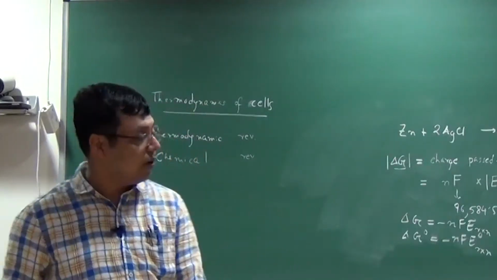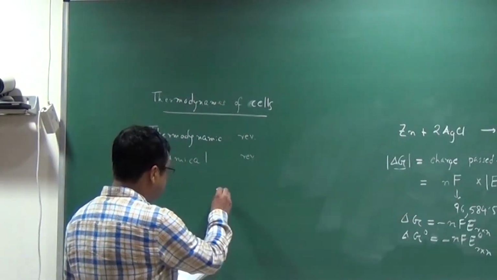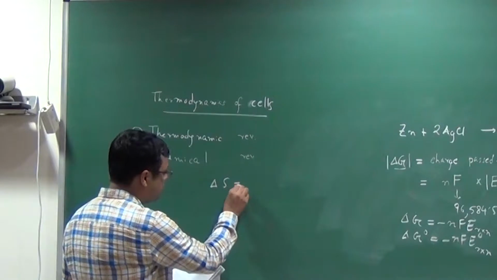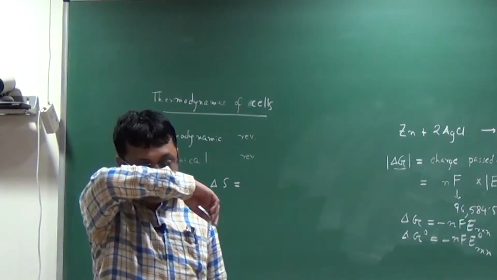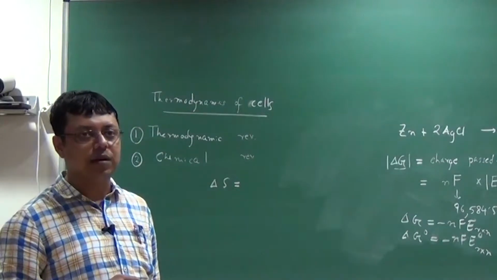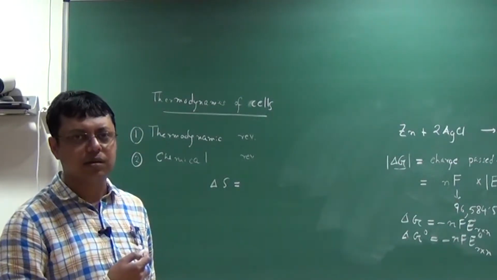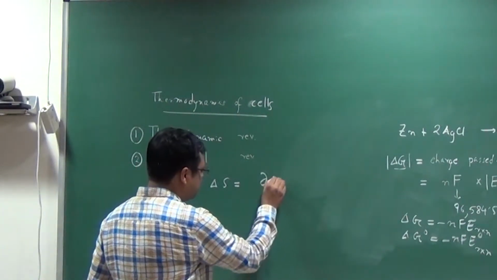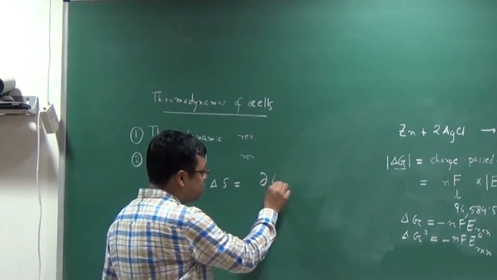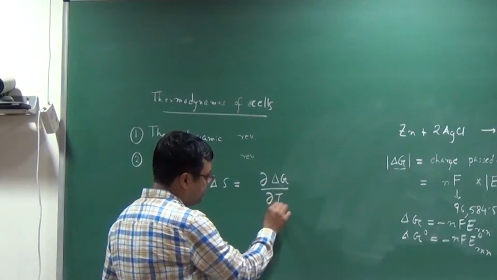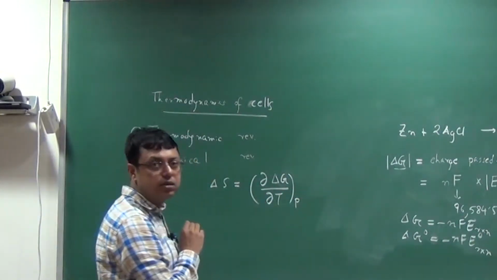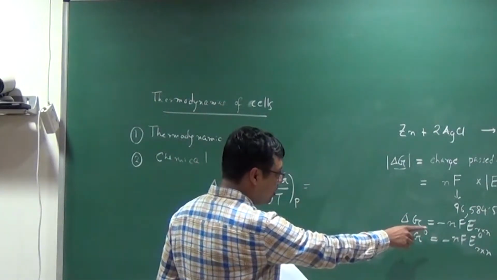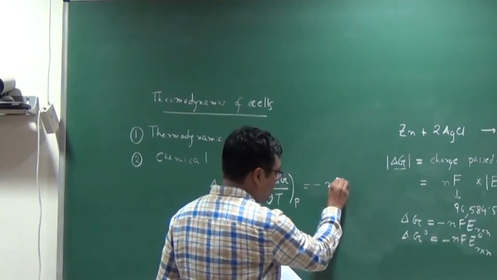Now, if I define it, then actually I can also write, for example, I know what is the delta S. dG is minus SdT plus VdP, right? So basically, I have to take the derivative with respect to temperature. We already know this thing, right? What is that? So basically, I am writing del S, right? So del G, if I take the temperature derivative, keeping the pressure constant, I should get it, right? So it will be something like, if I just write it, it will be minus nF